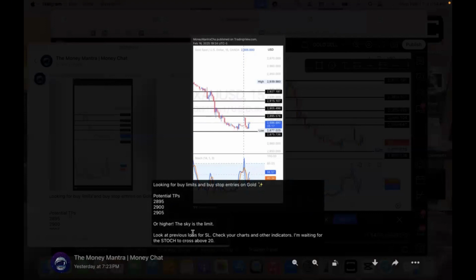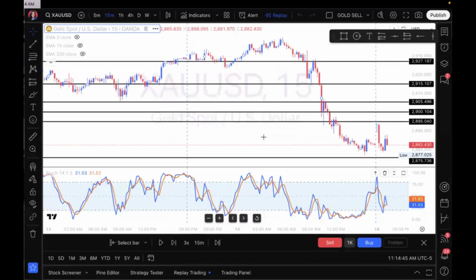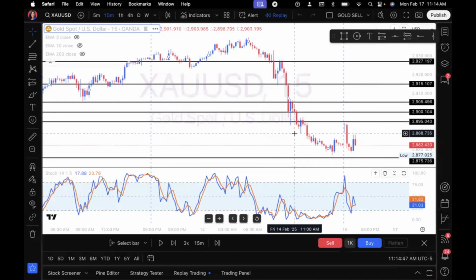So we're going to head over to TradingView and we're going to see how this trade actually played out. I'm going to walk you through my thought process when I entered this trade because it's important to have a process when trading. Something I try to emphasize on my channel is that you don't have to use extremely difficult jargon or lingo for people to understand what you're talking about. I can keep things plain and simple, short and sweet, and you guys will still get the concept.